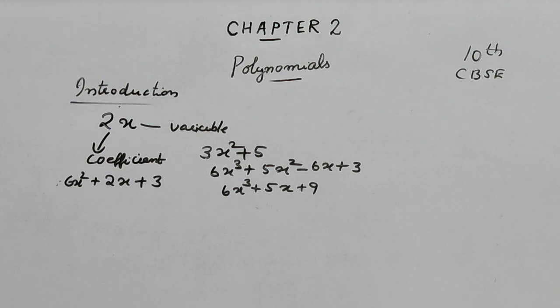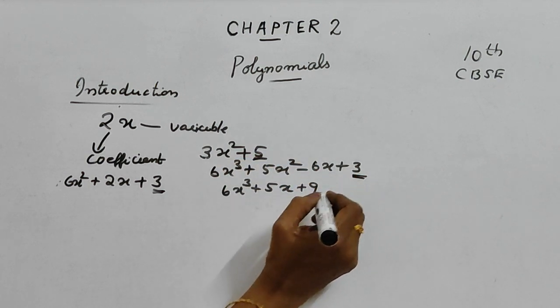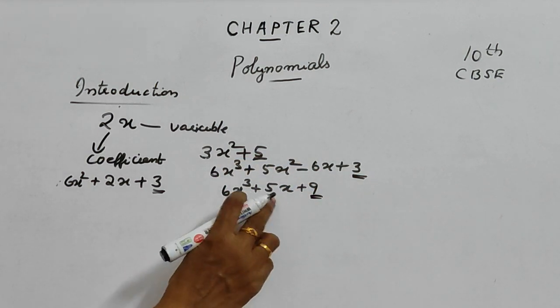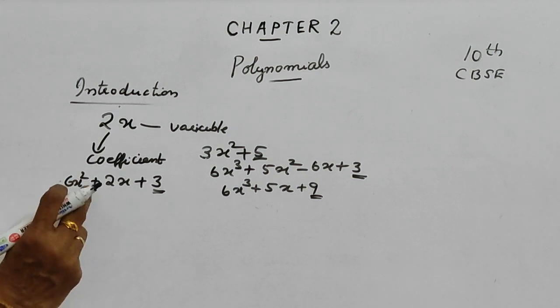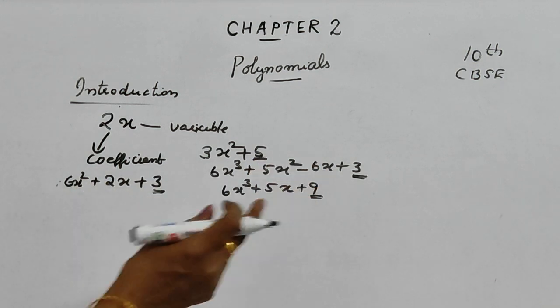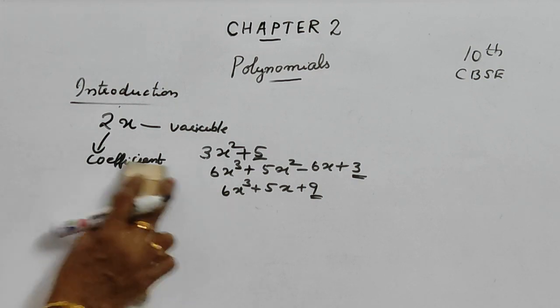See here, what is these 3? They are constant terms. Constant term plus variable terms form polynomial. Here terms are separated by plus or minus sign, not into and division sign. Okay. Now in these polynomials,